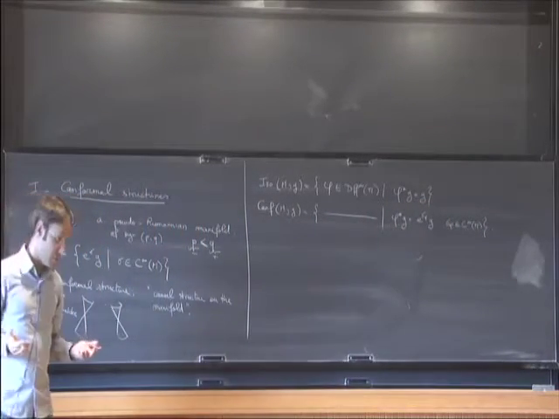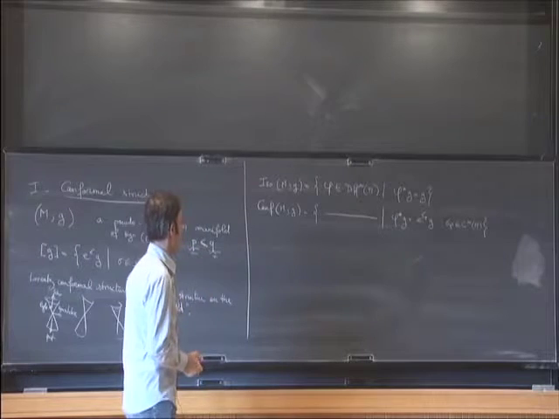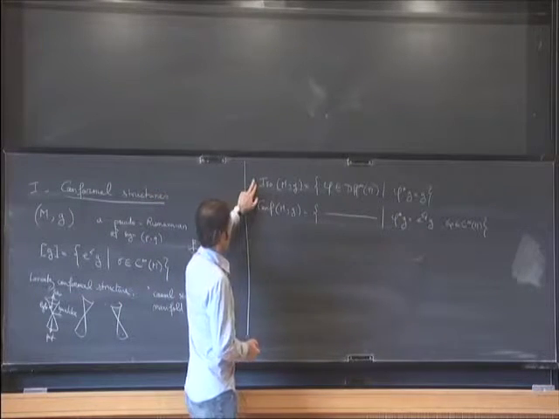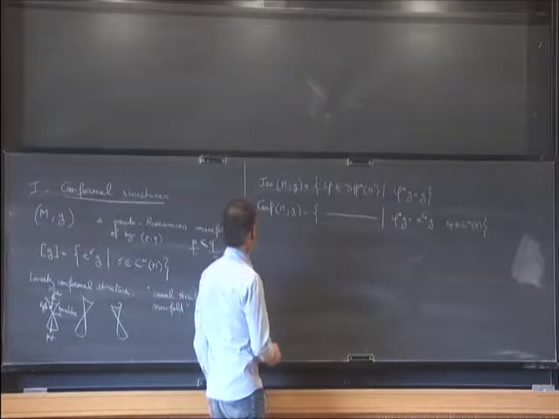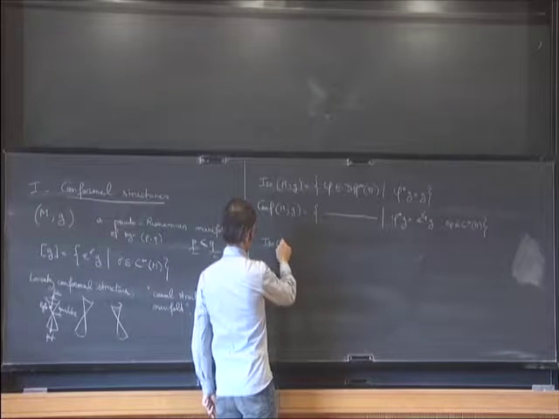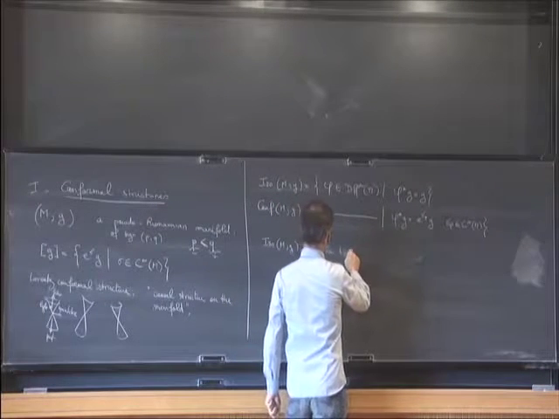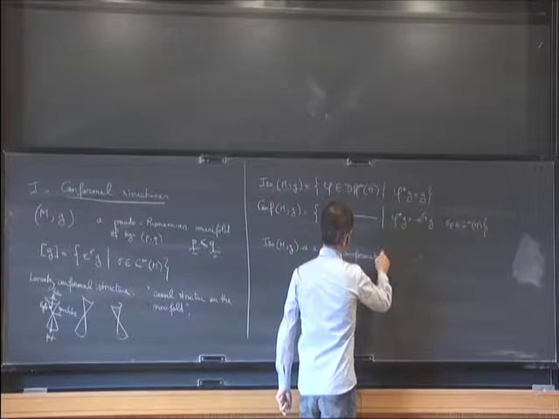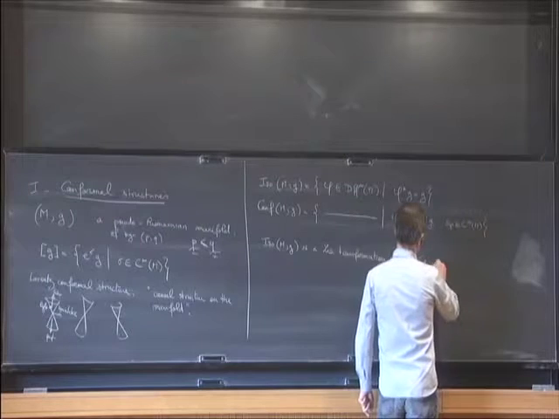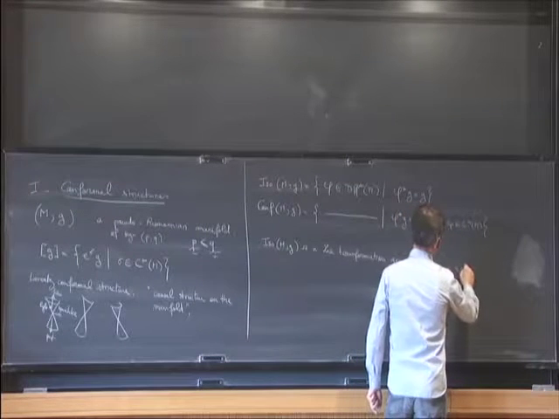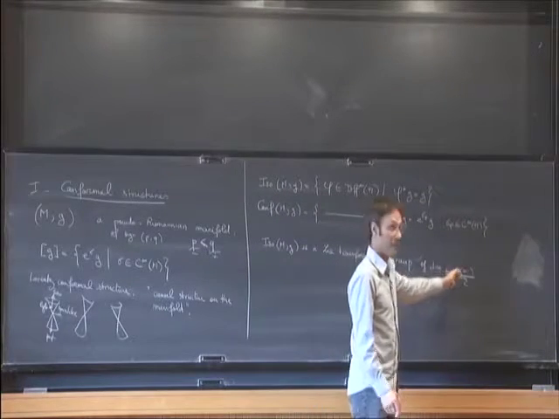So what kind of general statements can we make on those groups? The first general statement is that the isometry group is always a Lie transformation group. So in particular, it is finite dimensional. And its dimension is bounded by n(n+1)/2, if n is the dimension of the manifold. And the bound is tight and attained for the round sphere.